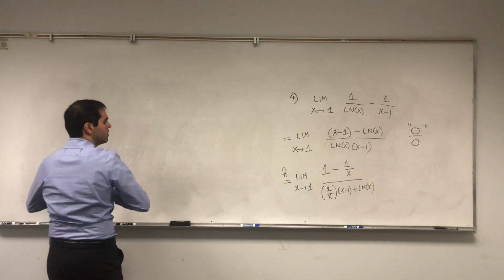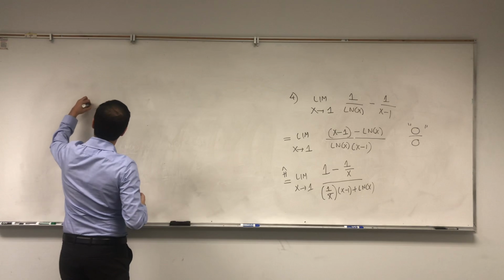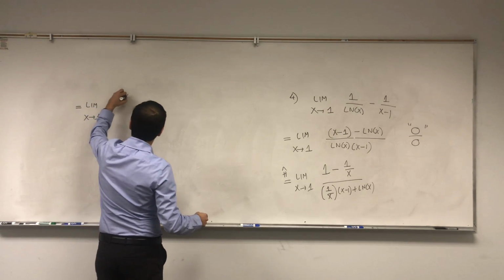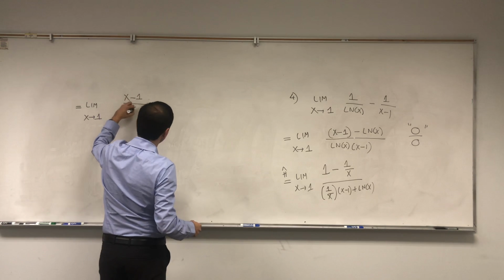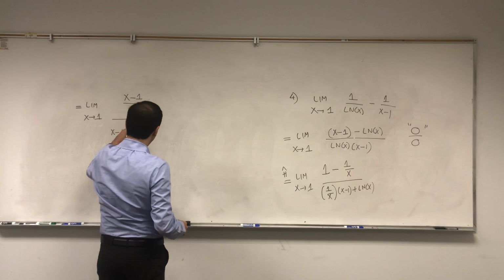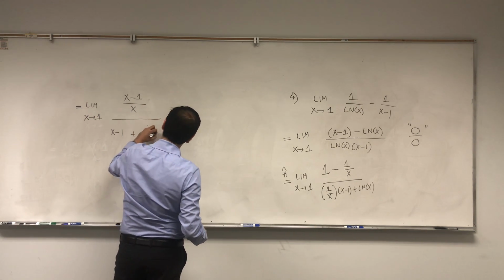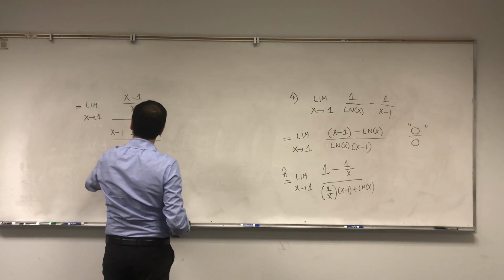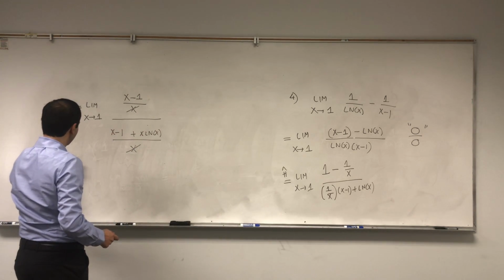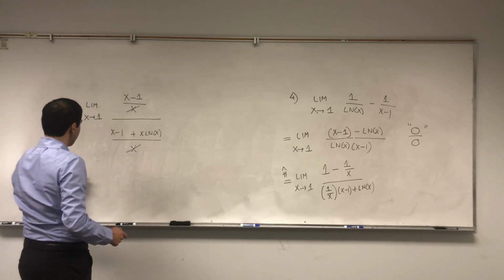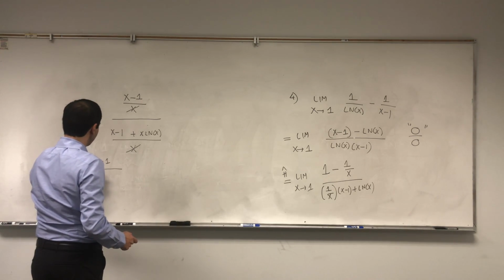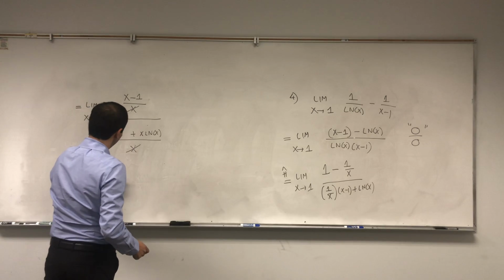And what you get is the limit as x goes to 1 of x minus 1 over x divided by x minus 1 plus x ln of x over x. So this cancels out, and you're left with the limit as x goes to 1 of x minus 1 over x minus 1 plus ln of x,